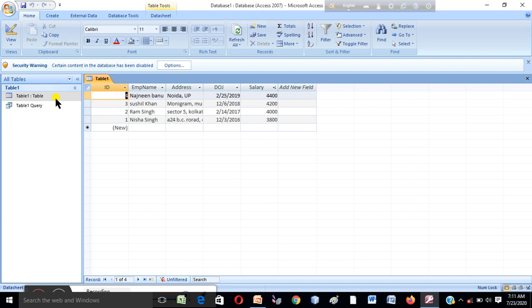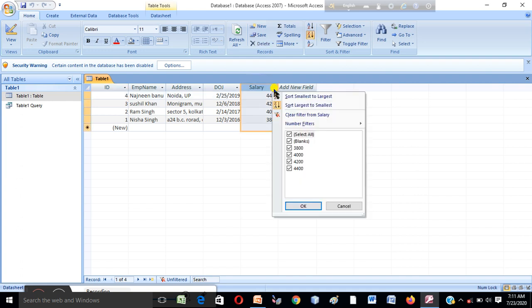First, we need to select a field which you want to sort. Click here and look, these are the options for sorting.